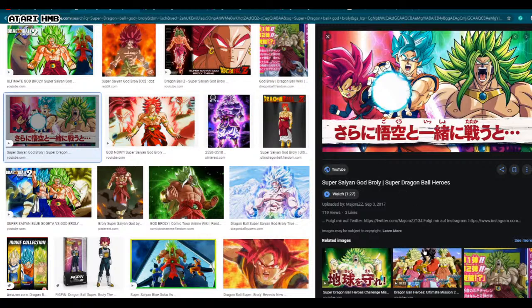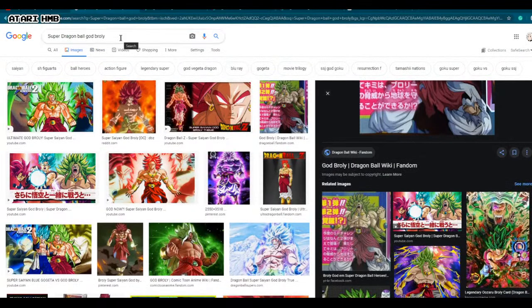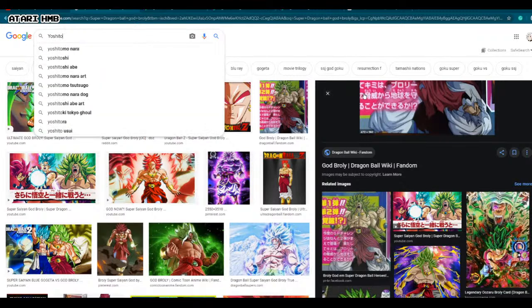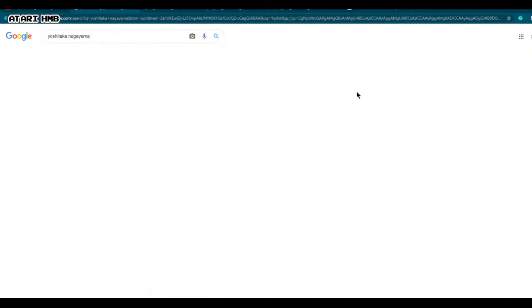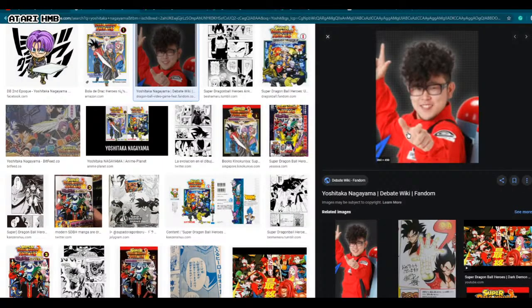So when they use this term in Toei or during the promotion guides, like, oh, it's Beats Real World, we're not talking like a higher dimensional real world. They treat Dragon Ball like fiction in a video game. And the thing about it is, in theory, the author, Yoshihiro, or Yoshito, was his name? I think it was Yoshito. Yeah, his name. Let's get his real name. Yoshitaka Nagayama. This guy right here, though that's just an actor,